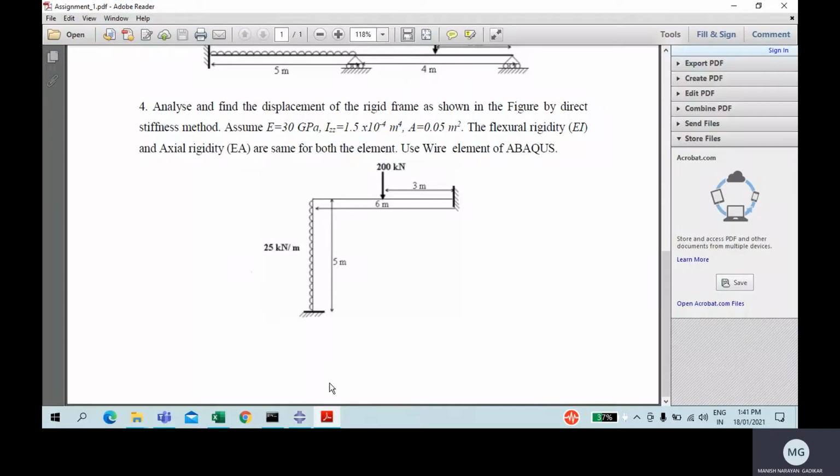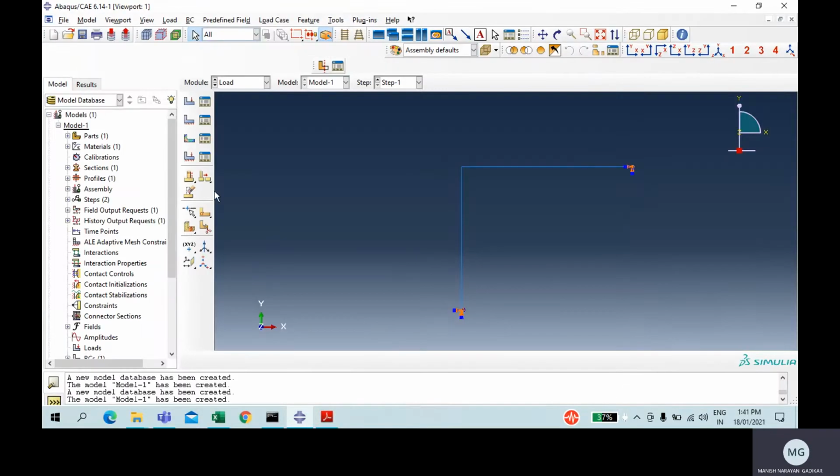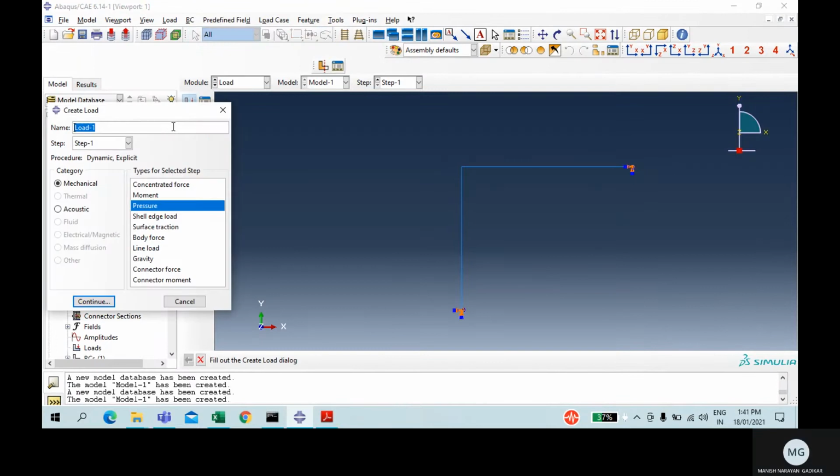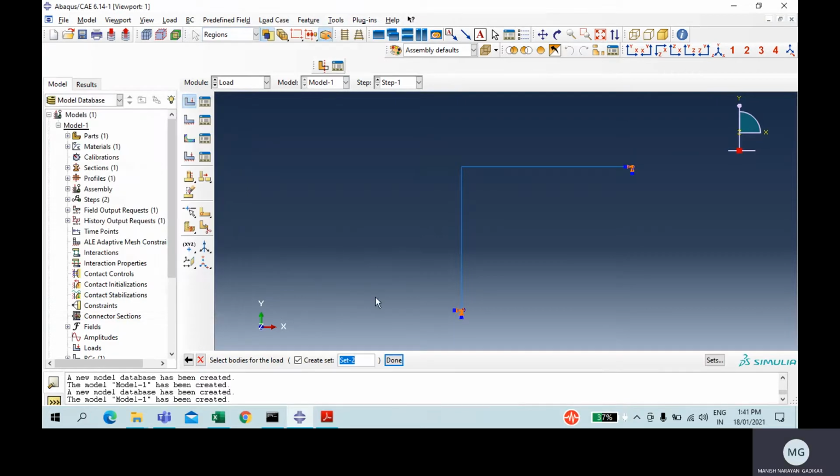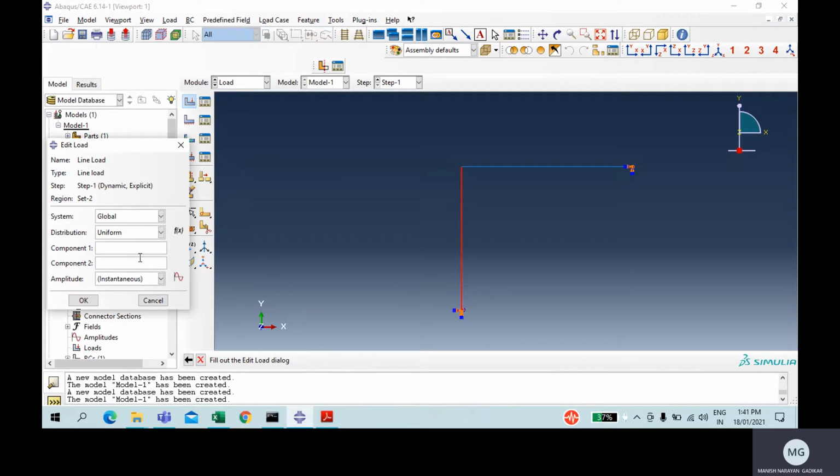UDL of 25 kN per meter in this direction. So I'll go for load. I'll apply line load. I'll select line load. Continue. I'll select this element. Done. I have to apply it in the positive X direction.